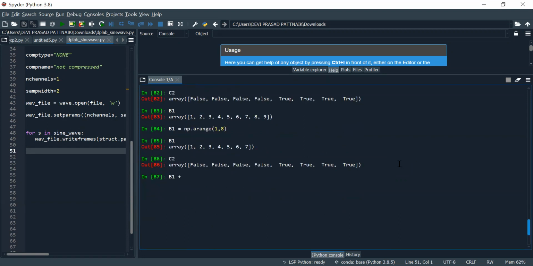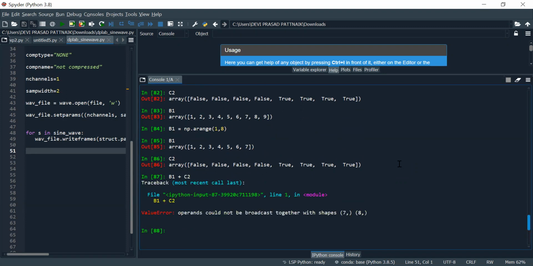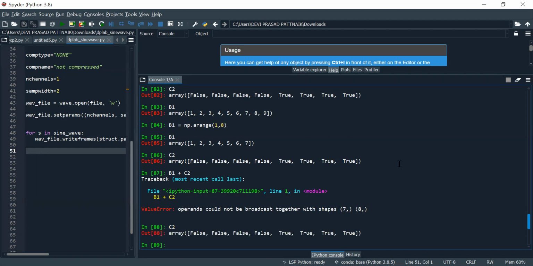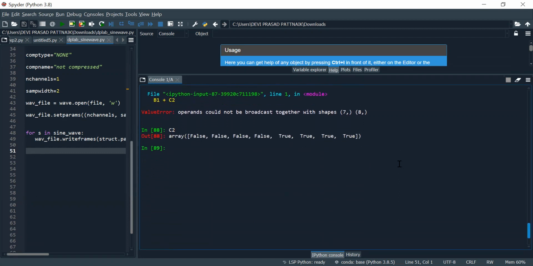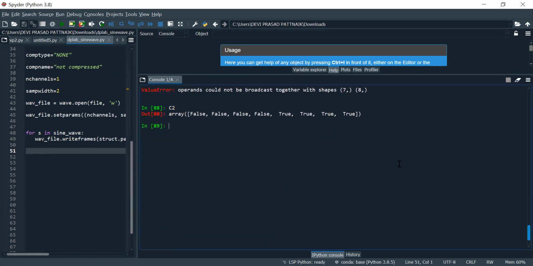B1 plus C2. Okay, it's not working. The arrays could not be processed together. Anyway, we have C2, which has the output of the comparison that we had.